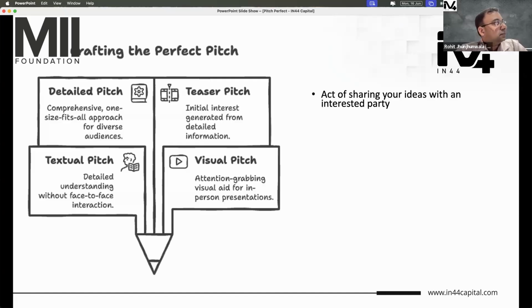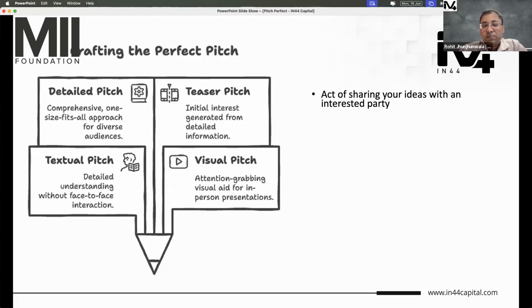So moving ahead, first we have to understand what is a pitch, right? When we say pitch, it has different meanings. When you say pitch, you're obviously presenting to someone, and that could be an oral presentation, that could be something that you share across, which is a detailed pitch. It could be something just to raise their interest in whatever you are sharing, which is a teaser pitch. A detailed pitch is something which has everything about your company. Every topic is covered.